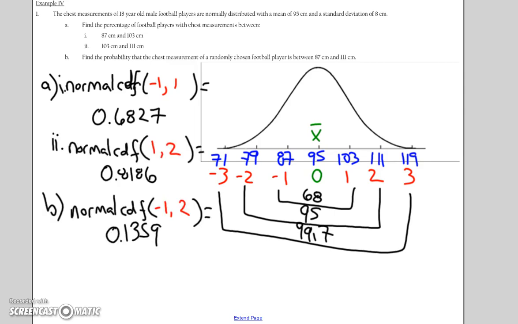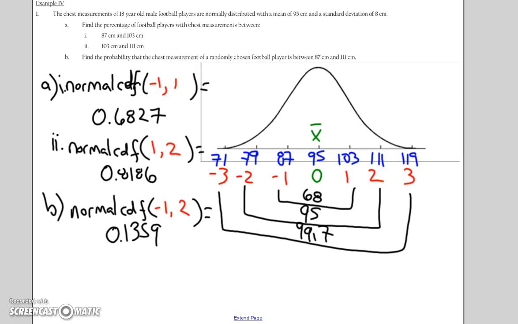Hi, go ahead and check your answers to our final video examples on the normal curve. In the second part of letter A, it asks for us to put it in terms of between 103 and 111. Again, quickly identifying this, we see that 1 to 2 is what I put in for an 81.86%. And then we are asked for between 87 and 111 in part B for a